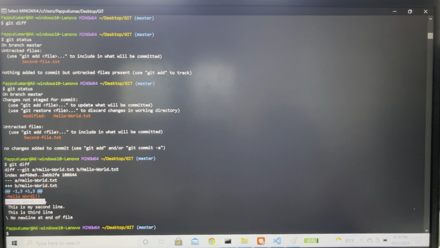So in case you have to find out the difference between your working directory and your staging, you can just do this and it will show you. Now remember, this diff compares your changes from your working directory to the staging. Now let me stage this file, let me add this